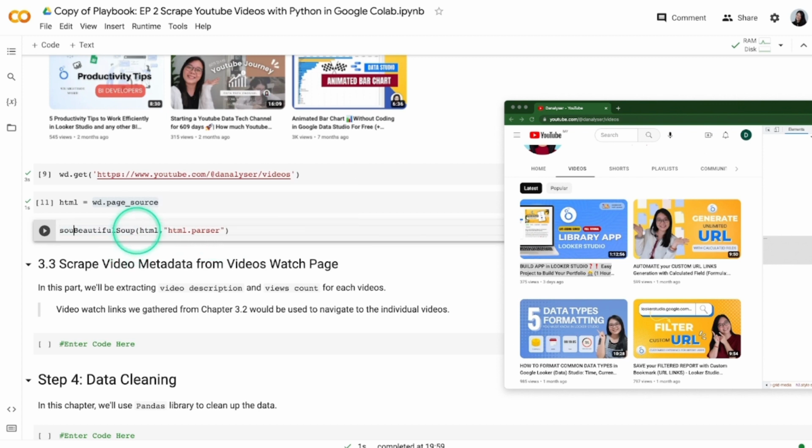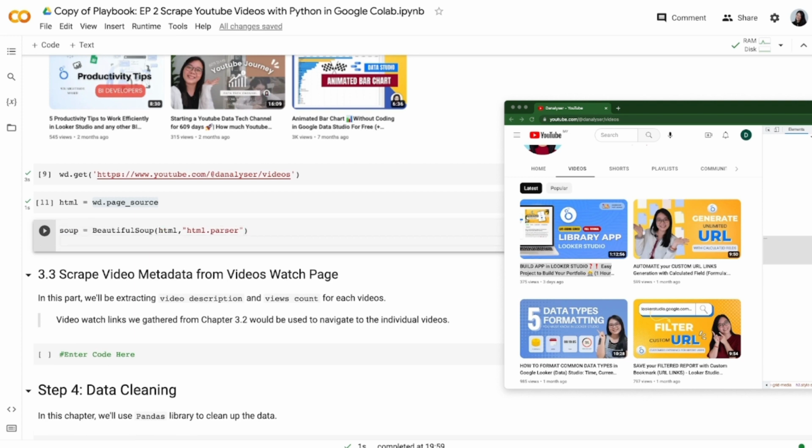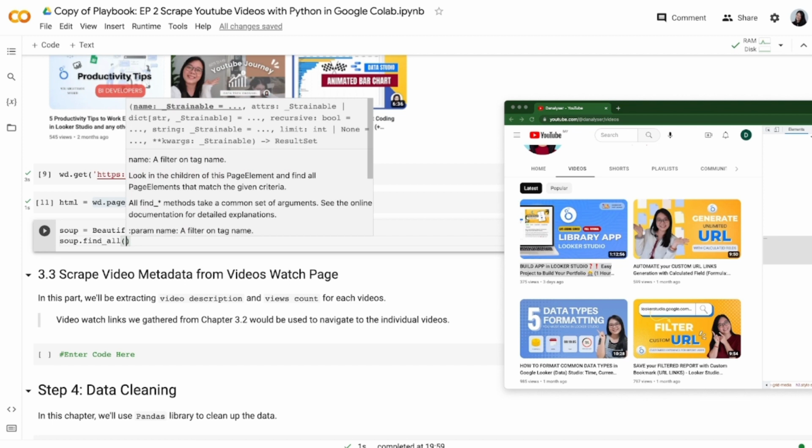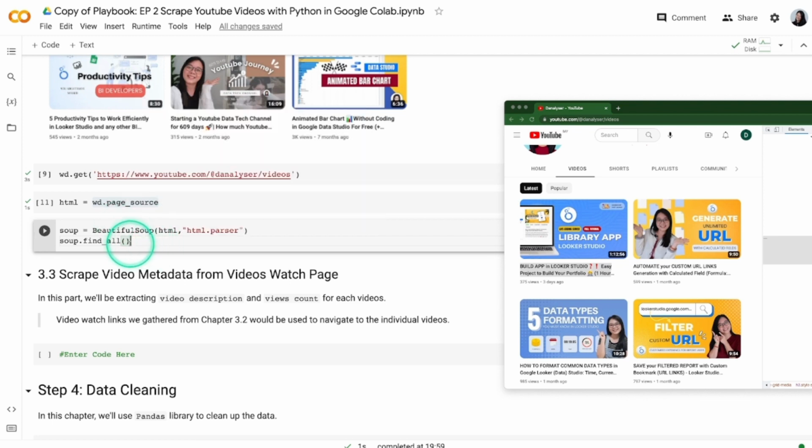Then we assign it to a variable called soup. After that, we use a method called findAll. This means we're telling BeautifulSoup to find all the a tags for us with the ID